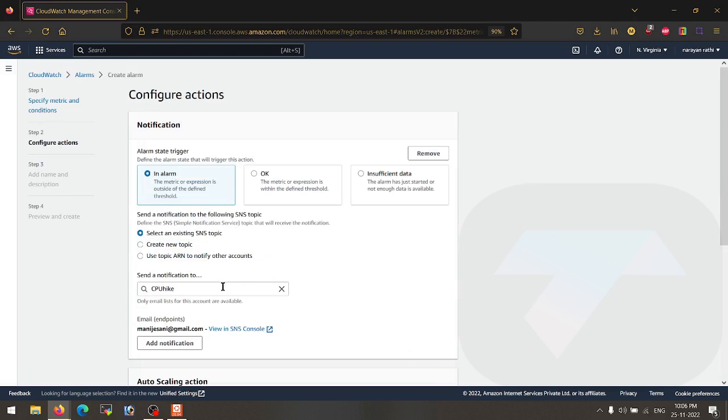Now the second option in SNS is that this is one topic that we selected here. We can create multiple topics. For example, you're working with an organization and the organization is using Slack for internal discussions, right? You can integrate it with Slack as well. In that case, you have to use the Slack webhook, and you also have to use AWS Lambda over